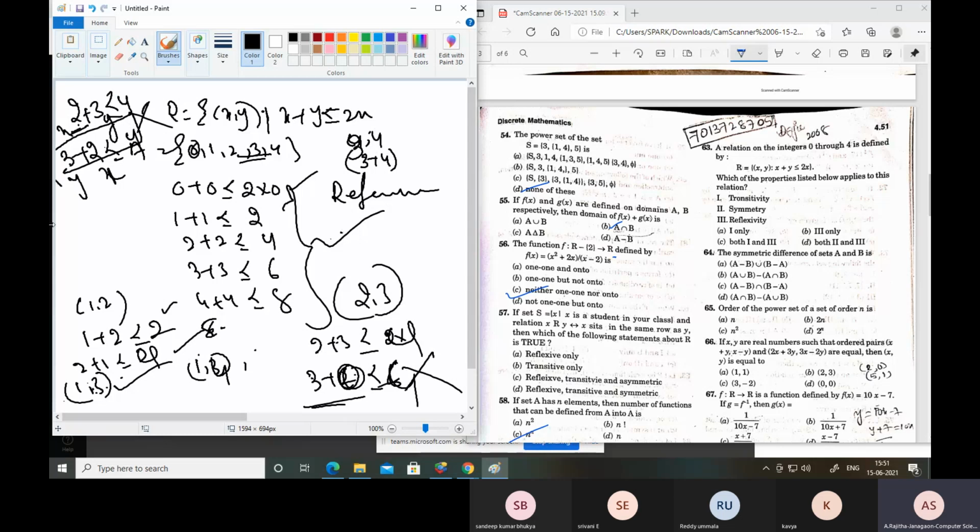So coming to the transitive property, suppose 1 comma 4 and 1 comma 2 and 2 comma 4. Suppose you can observe here 1 comma 2, that is 1 plus 3, 3 less than equal to 2. Here 2 plus 4, 6, 6 less than equal to 4. Okay, then next 1 comma 4. So this is also satisfied, 1 comma 4. That means 1 comma 4 is nothing but less than equal to 5 less than equal to 2.